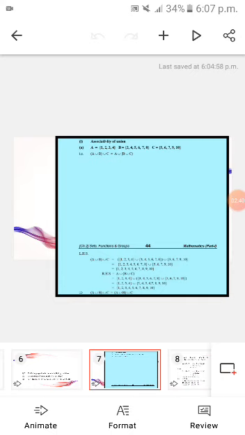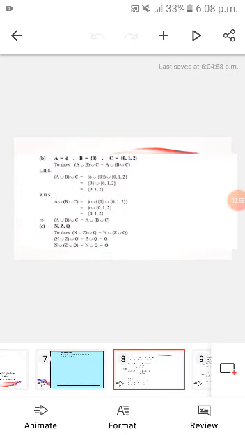Just put the values of the subsets and firstly take A union B and then take its union with the C subset, and similarly firstly take B union C and then take its union with the A subset. Both results are equal, so it means that associativity under union holds.